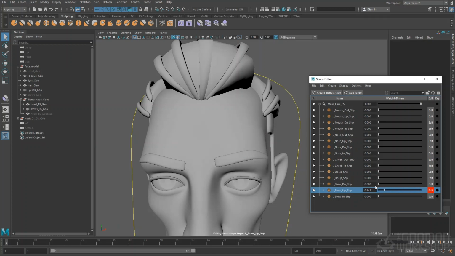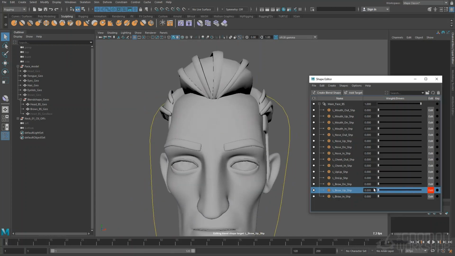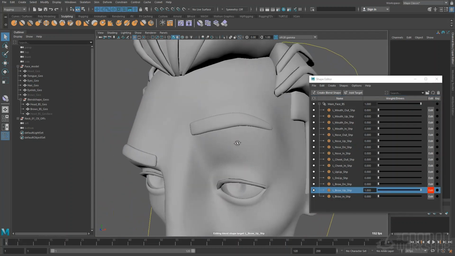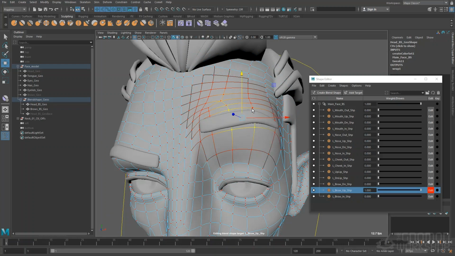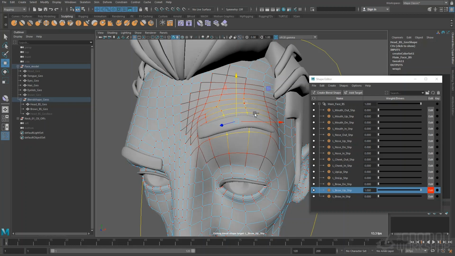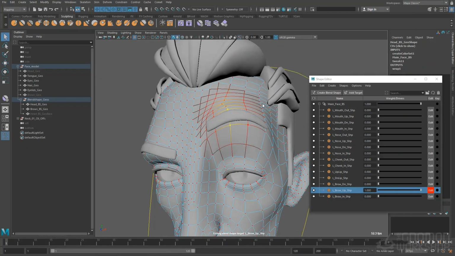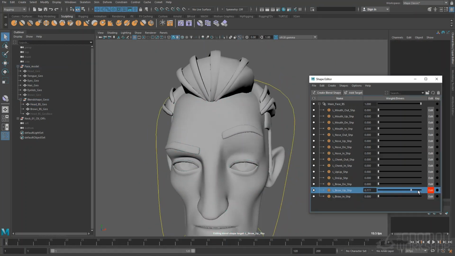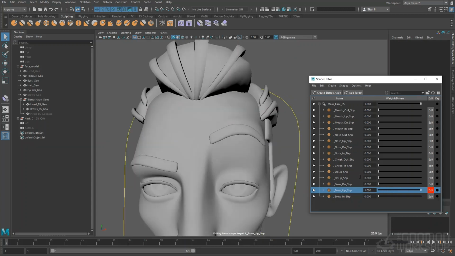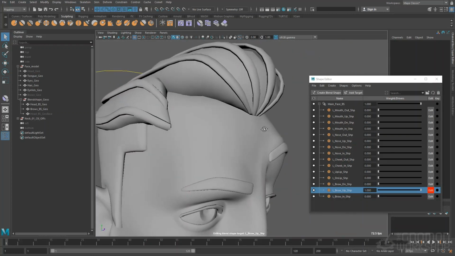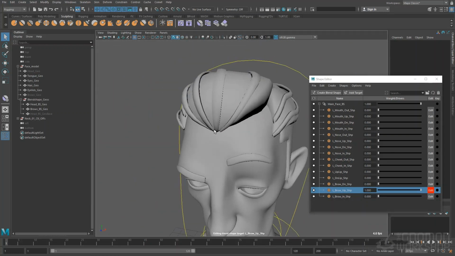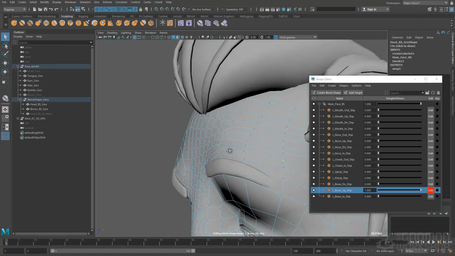Okay, I'm liking this, but actually what I want when I go with my brow up is maybe to have an arc here, for example, I want these ones to go a little bit upper, to have a nice arc. If my brow goes up, I'm now gonna smooth this area. And I probably want some creases here. As you remember, we added some extra loops to have some creases. So I want this one, this loop,